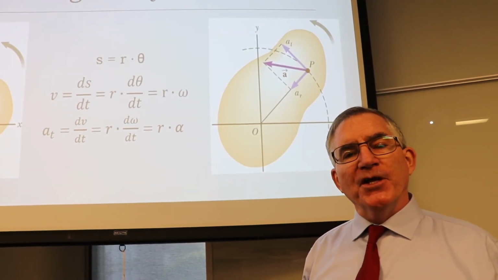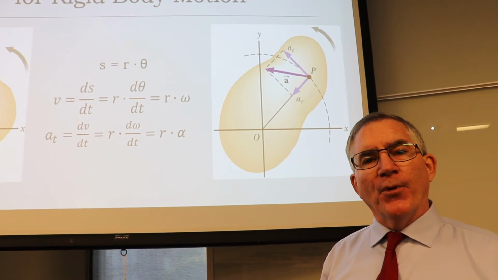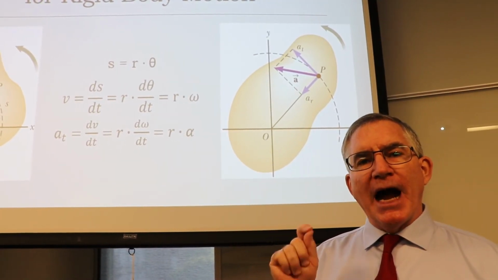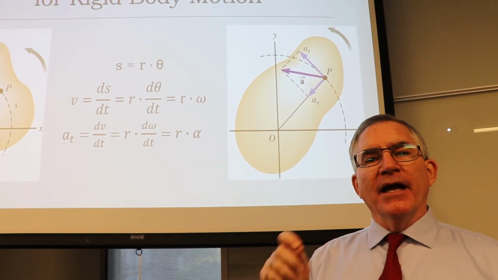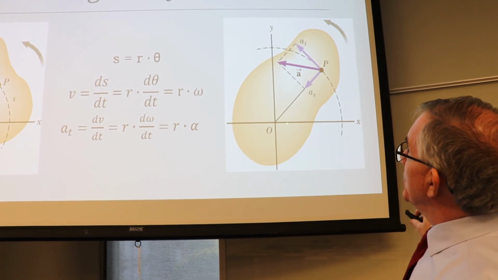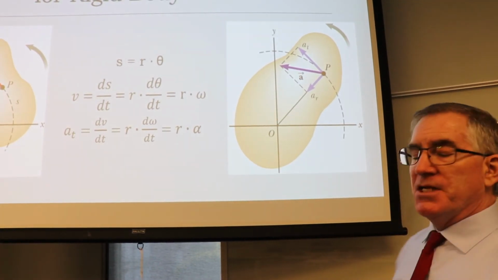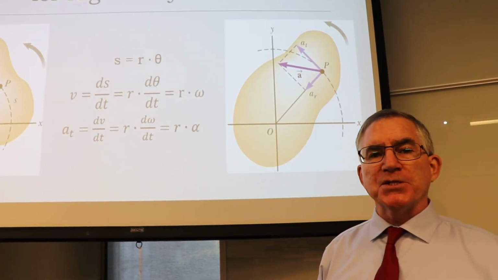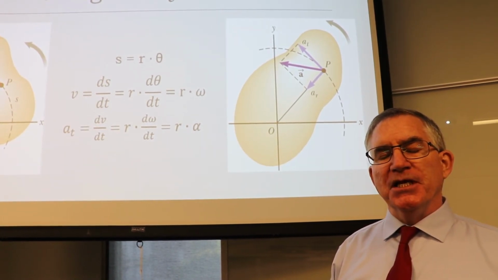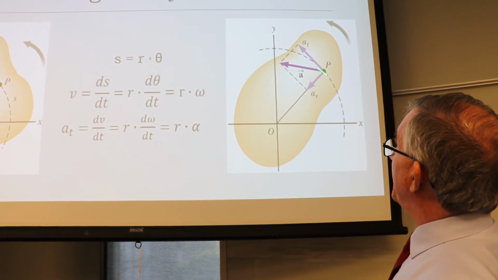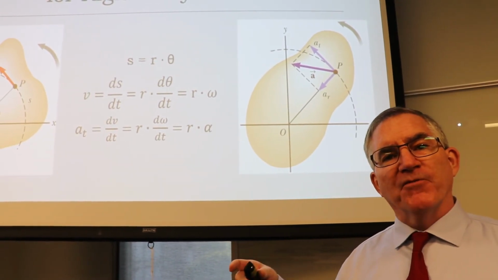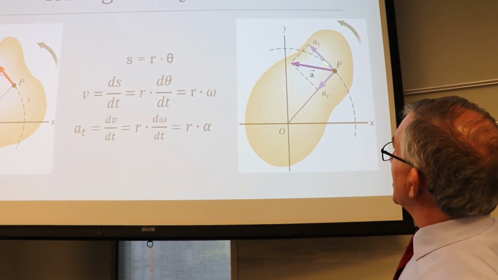So I put a little video in the preview PowerPoints where this guy spins a CD at a super high omega, and the CD just disintegrates. Well, that means he went so fast that there wasn't enough force to provide the centripetal acceleration to hold the CD together. But when he put the torque on the disc to make it go faster and faster and faster, that was the acceleration